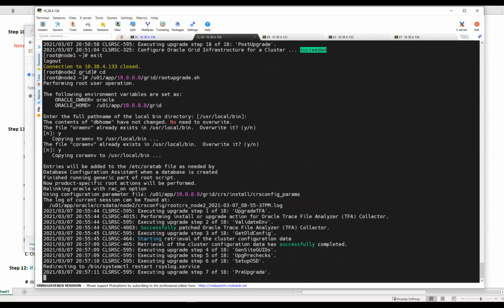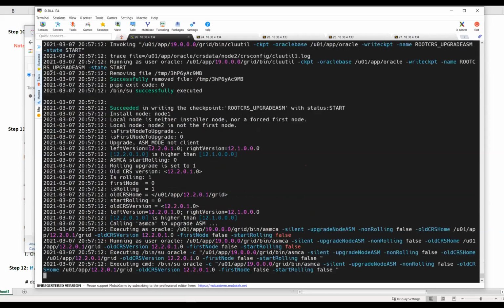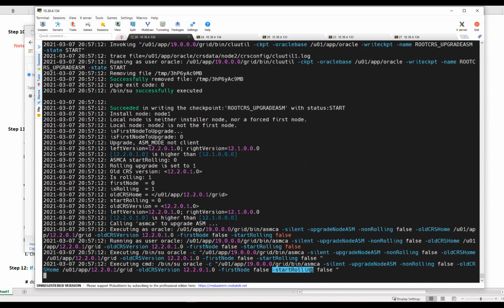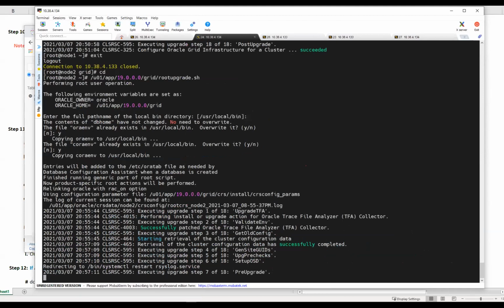I'll tell you what services you need to check. As good as when you are checking all your clusterware troubleshooting issues, right? What resources like CRSD, CTSSD daemon, ASM, where it got stuck, which services are not coming up, you have to deal with that. So unless you see this message, this node is not upgraded. This node will still be on the old version. Again, see the log file. You can see the first node, the first rolling start, old version, upgrade step number 7 of 18.